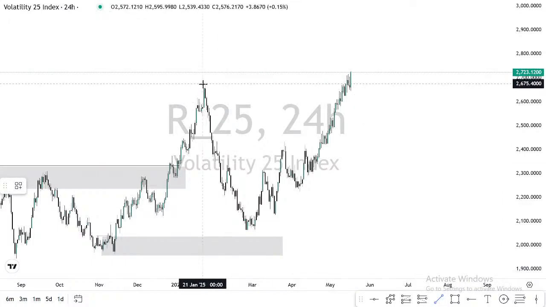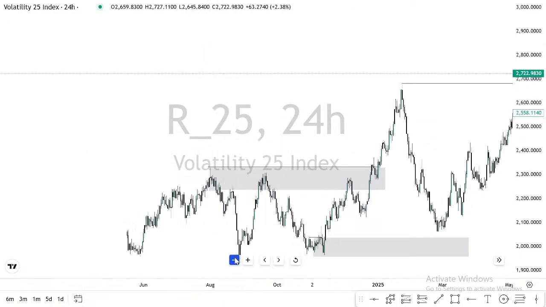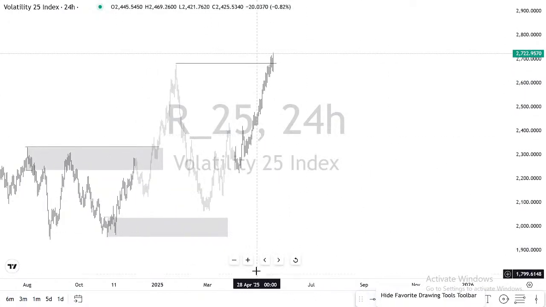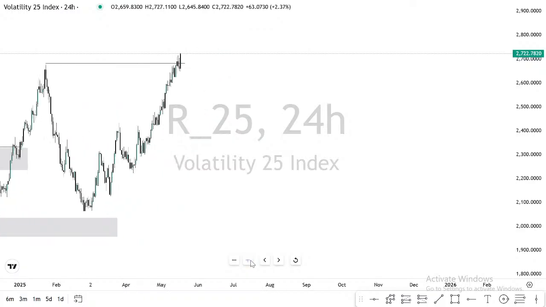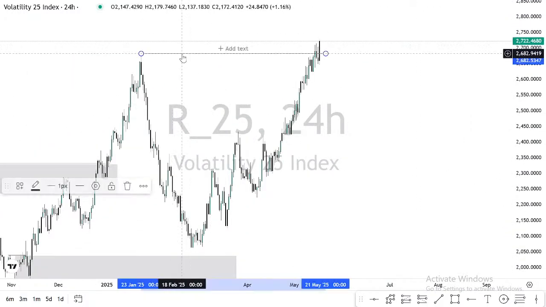This is a clear break of structure, but the issue is that we are unable to see what has happened in the past. You can check that on Deriv MT5, but on TradingView you can barely see that. So this is a break of structure to the upside,